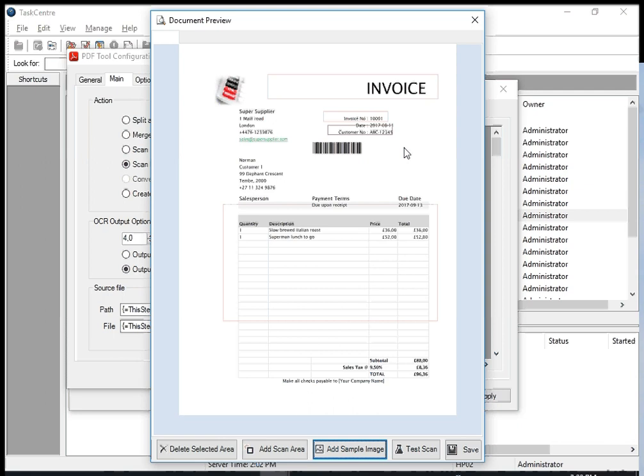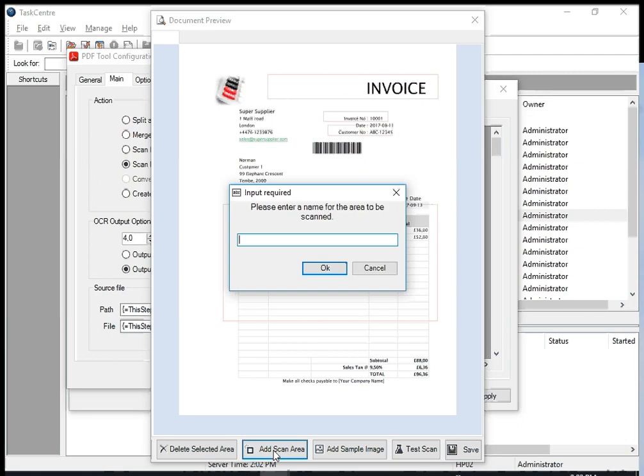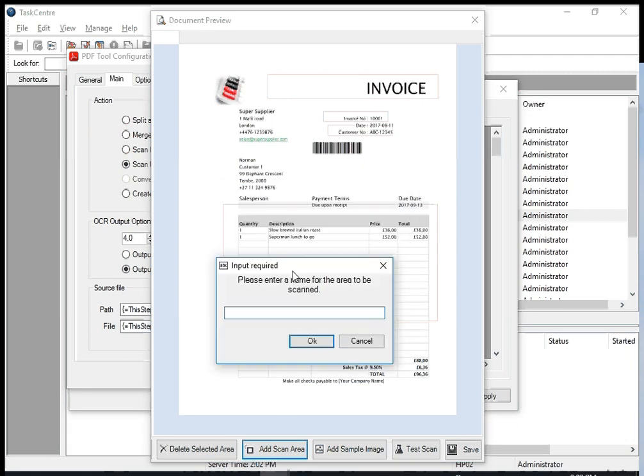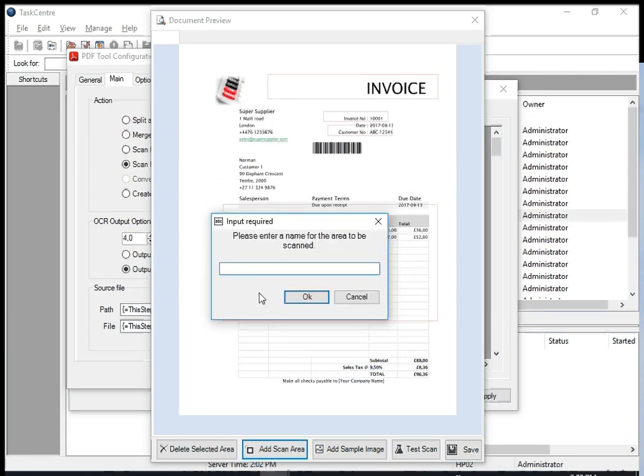And that one is getting your customer number, but it's maybe getting a little bit more than it should. Alright? Let's just move that down. If you add a new area, for example, like this, you can give it a name, any name that you decide. Let's say, for example, this could be the